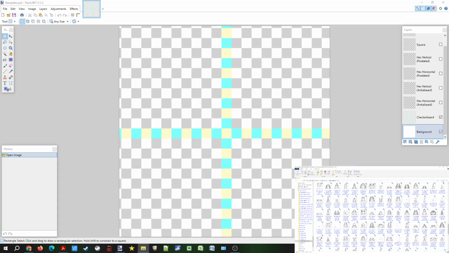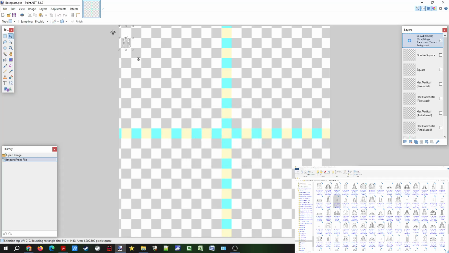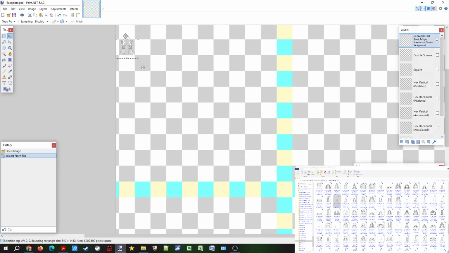Now you could also use the Windows search. Sometimes that doesn't work great. Sometimes it works perfect. Or they're all named in number order, so you just scroll down until you find the right one. We're going to add the layer. You can see right here